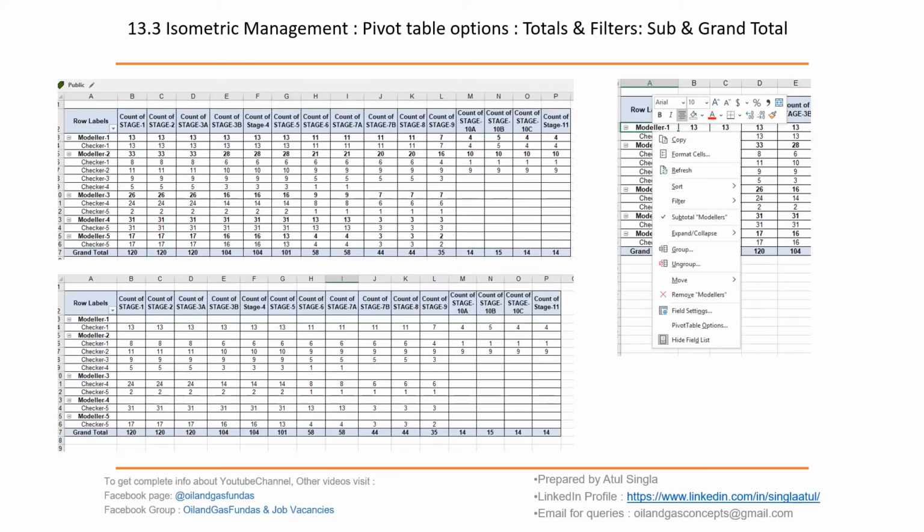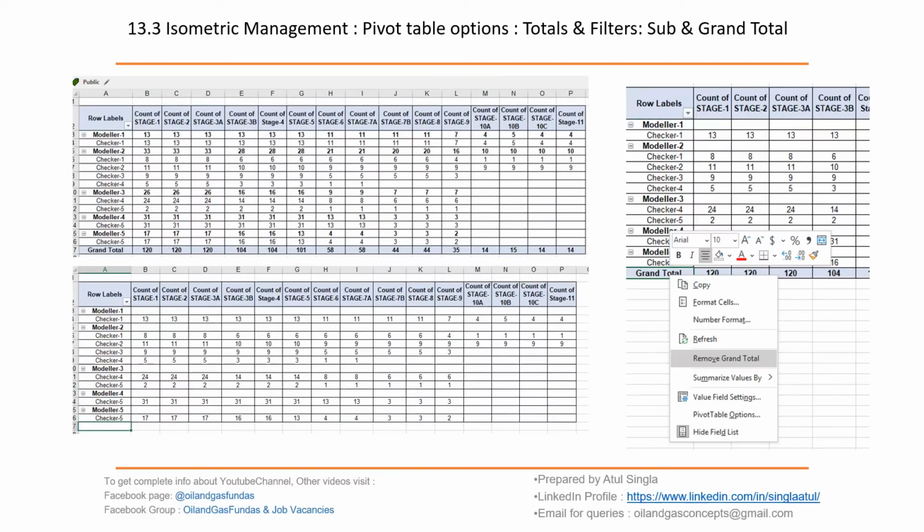Just tick or untick subtotal here. If you untick it, it will be gone and it will look like this: modeler 1 associated with checker 1 handled 13 sheets, modeler 2 associated with checker 1 handled 8 sheets. So this way we can have a different format.